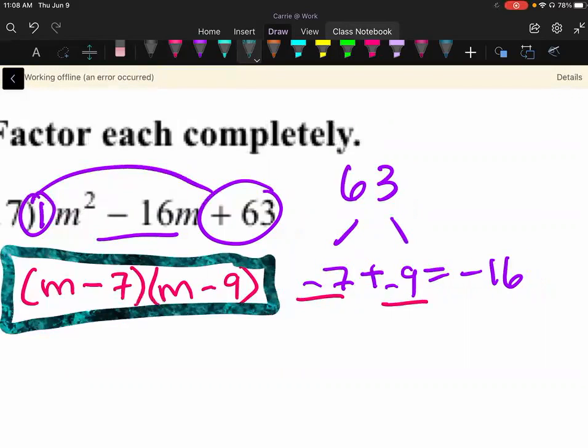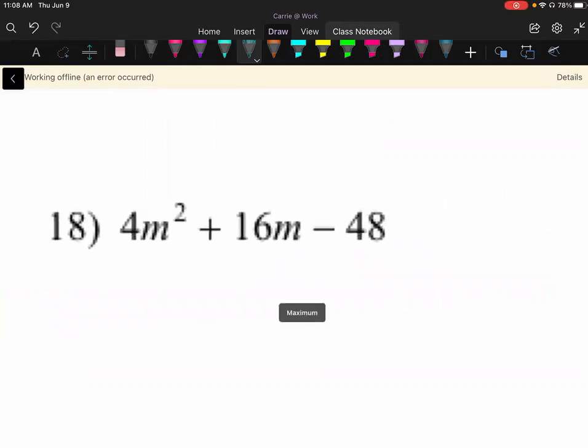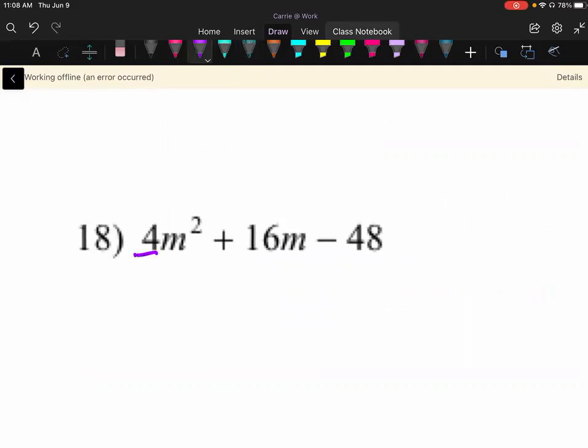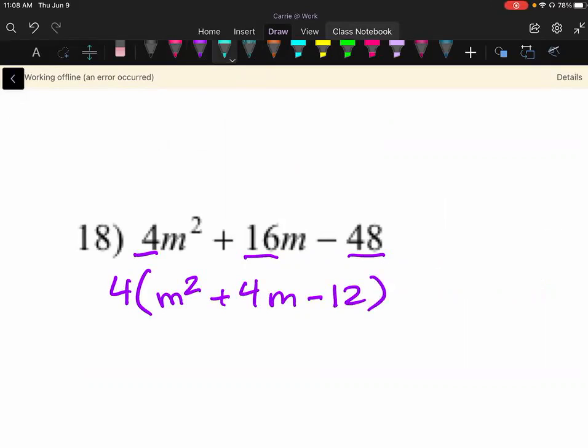All right, number 2. This one doesn't have a 1 in the front, but all of these are divisible by 4. So I'm going to take out a 4. We get m squared plus 4m minus 12. Now I have a 1 in the front on the inside. So I'm going to do 1 times negative 12. We're going to get